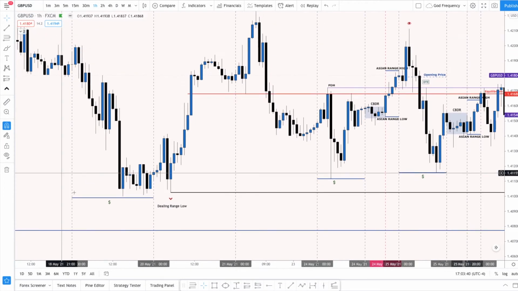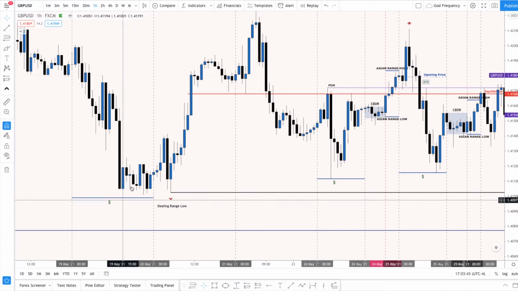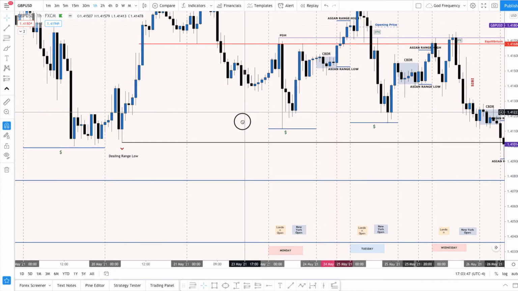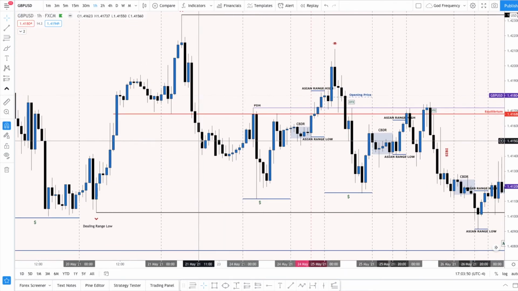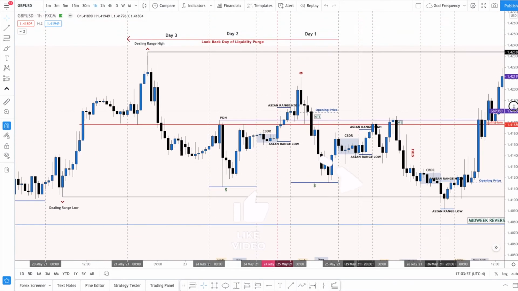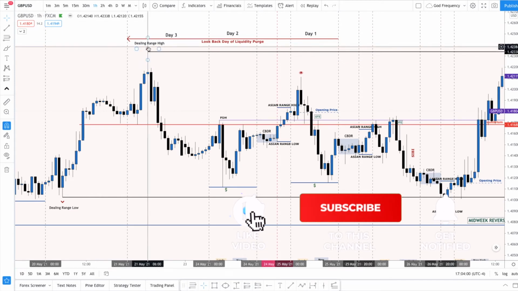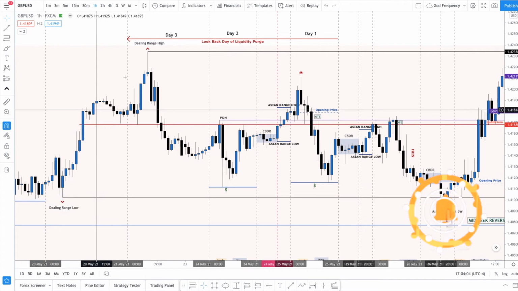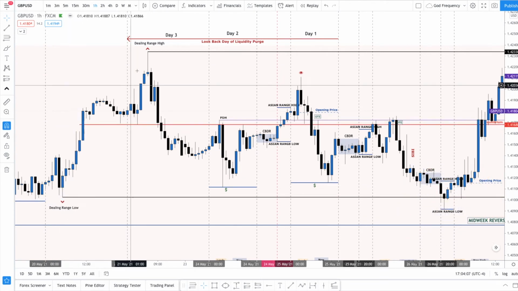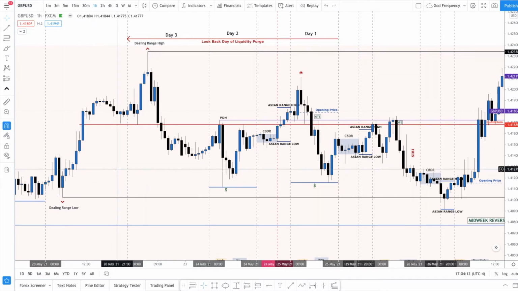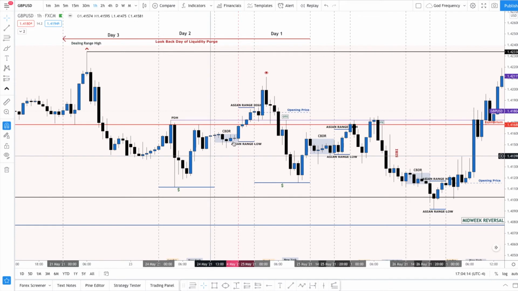Okay, so I saw at the end of last week we had that sell side liquidity here, and then on Sunday we didn't do much. I saw Monday we came out, right. I knew that this area here was our dealing range high, and this is our dealing range low. So all I do is measure from this low to this high, and you get the premium level and the discount level, right? So this is equilibrium. This is what that is delineating.